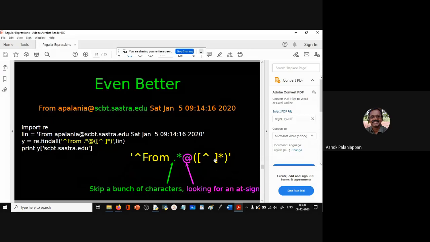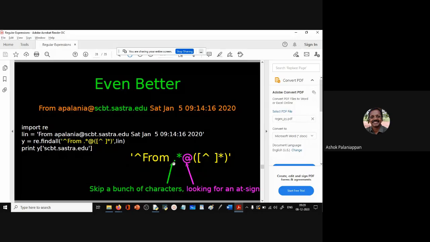And so basically by dot and star, any character any number of times, you're skipping a bunch of characters. So whenever you want to skip a bunch of characters, we just say dot star. The dot signifies any character except a new line. So dot does not match one character: a new line. A new line is not matched by the dot.